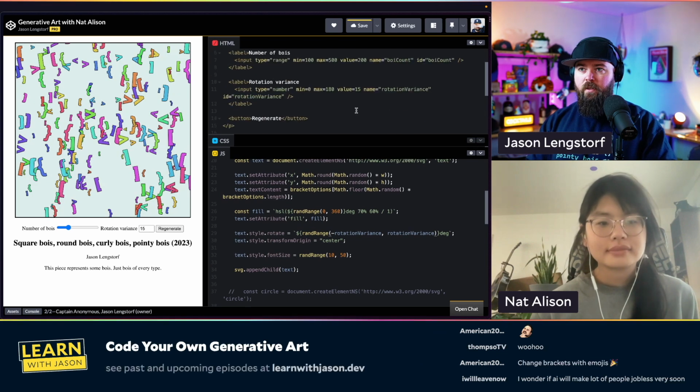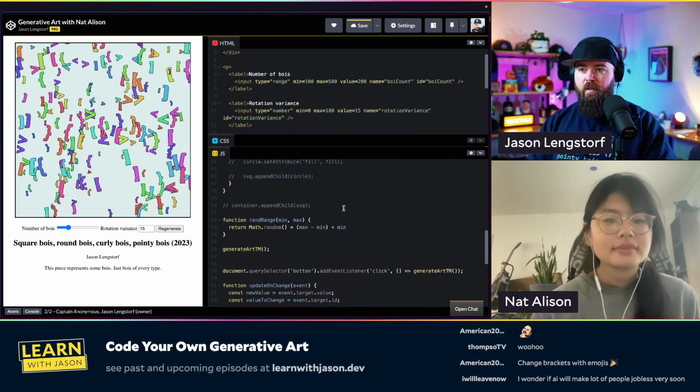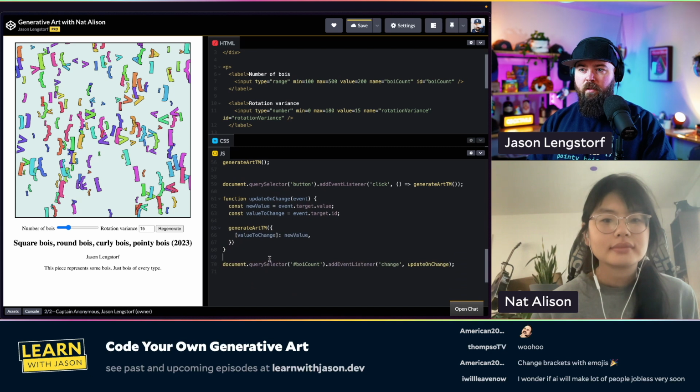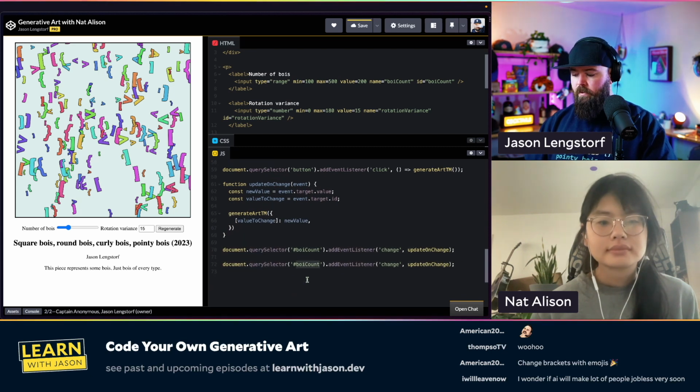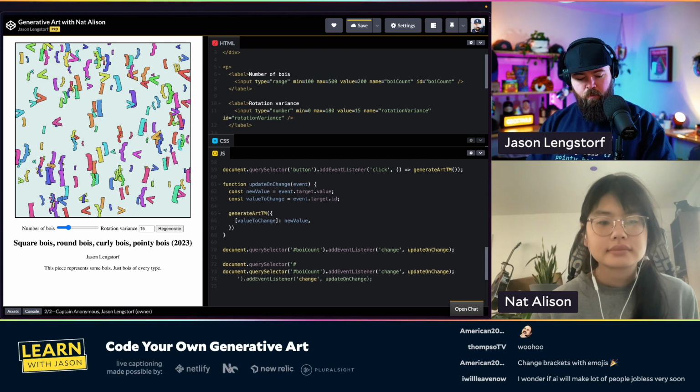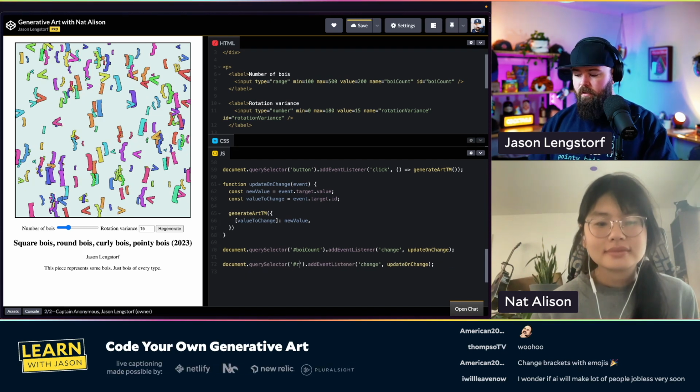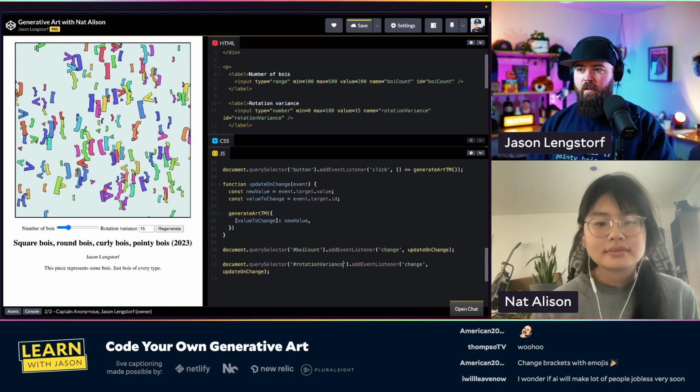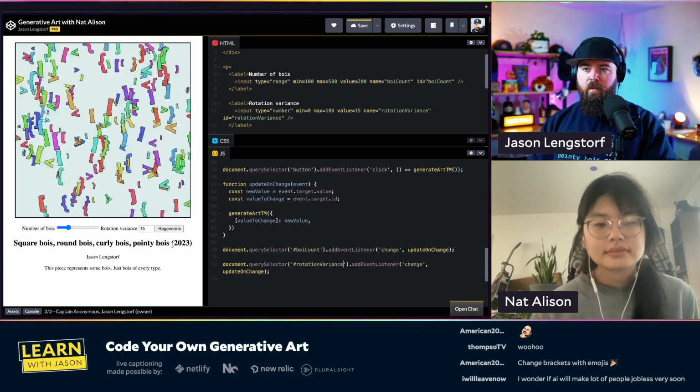Okay, so if I take this one and we'll do rotation variance. Then theoretically, if I flip this upside down,